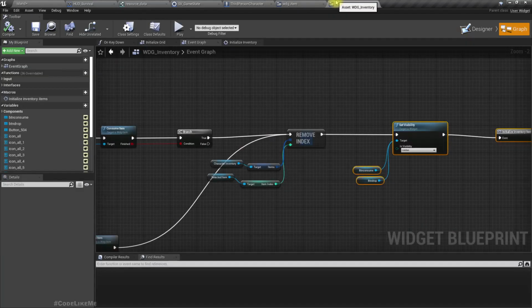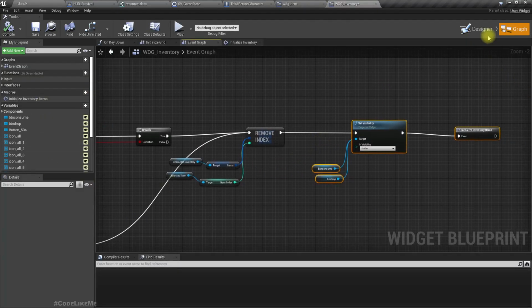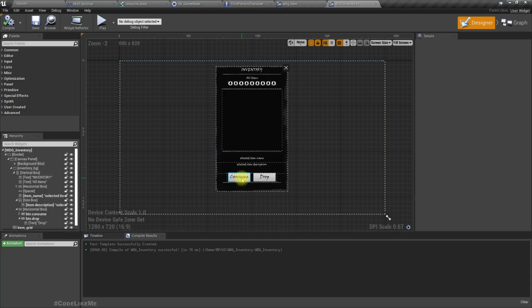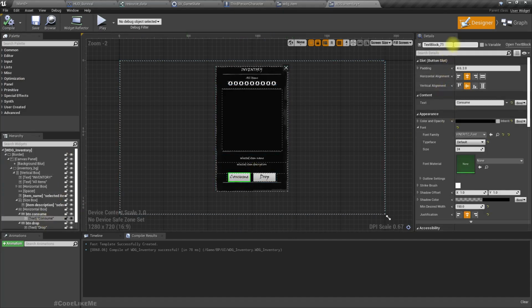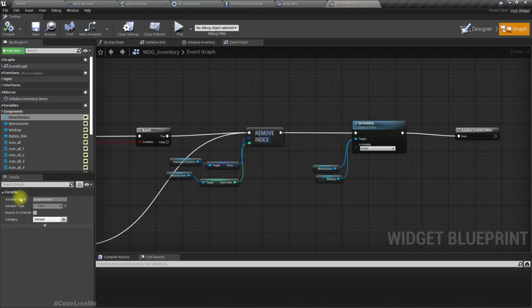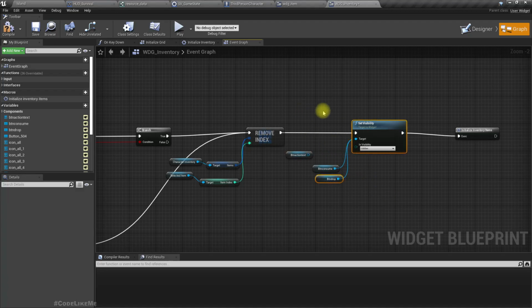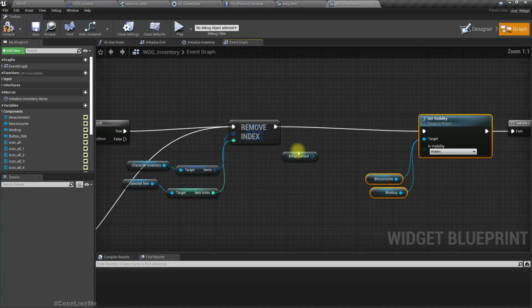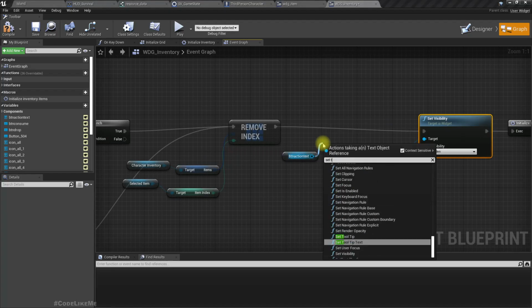Alright, now here let's change consume to btn action, action text, set text,